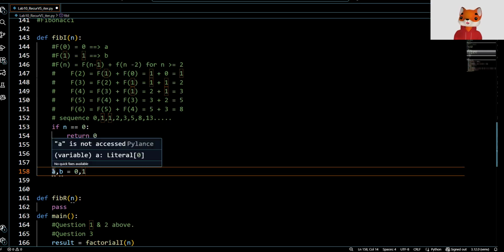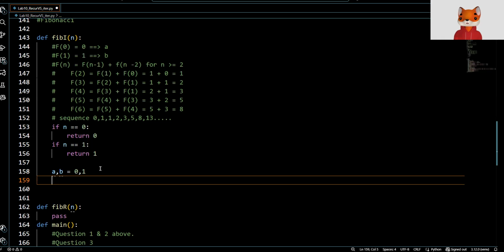So we're going to assign A to 0 and B to 1. Now, the next thing we're actually going to do is have our for loop. So we're going to be using our for loop using I, but again, we're not actually going to use I. In this case, you can choose to use the underscore, but I'm just going to use I in this case